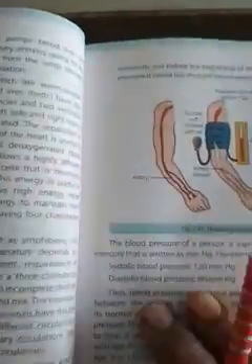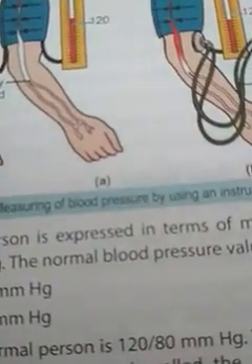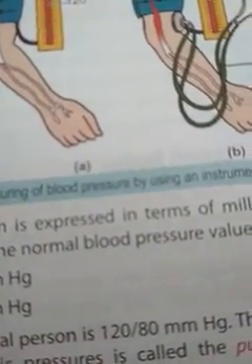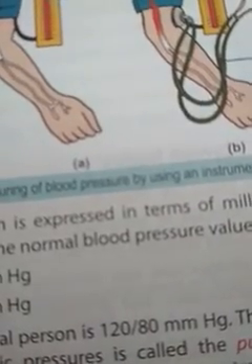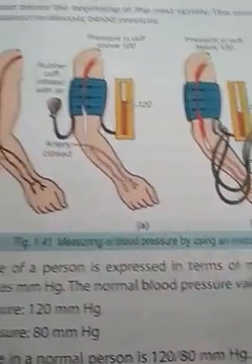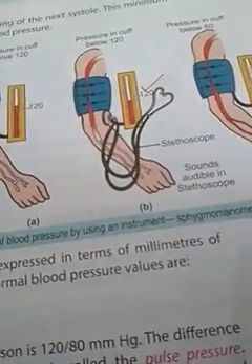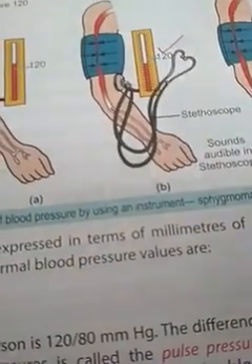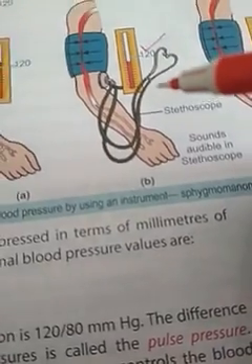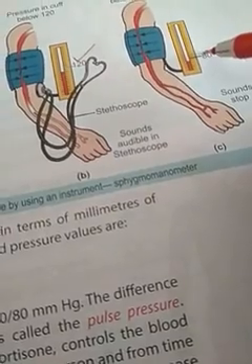And last but not least, the blood pressure. My dear student, the blood pressure is of two types, systolic blood pressure and diastolic blood pressure. Systolic blood pressure means the blood pumped from the left ventricle, which has the high blood pressure, so that the blood goes to the different parts of the body. That will be the systolic, and it will be 120. While diastolic pressure is the incoming of the blood in the right atrium, and this pressure will be 80.